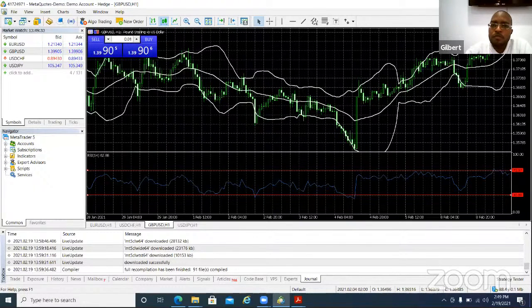So how do we use it as a leading indicator? These bands also act as support and resistance levels. So when we get to the upper band, we're likely to see the prices cool down. When we get to the lower band, we're likely to see the prices starting to rise. However, during a trending market, the prices can stay on either one of these bands for an indefinite period of